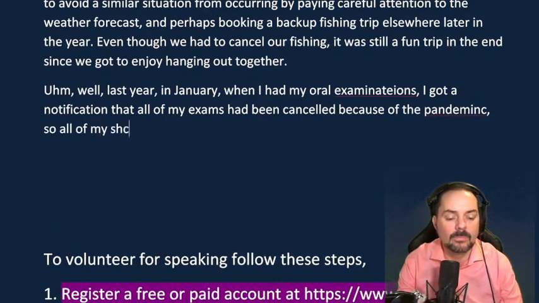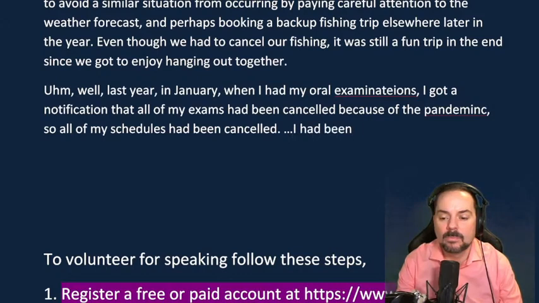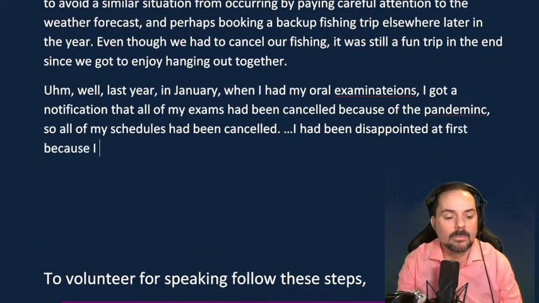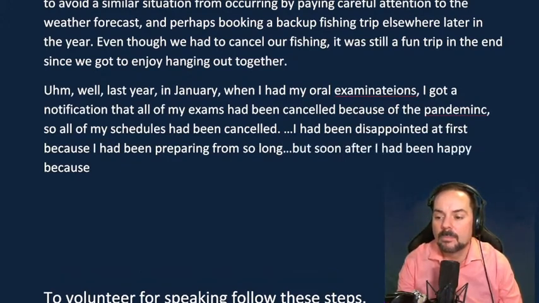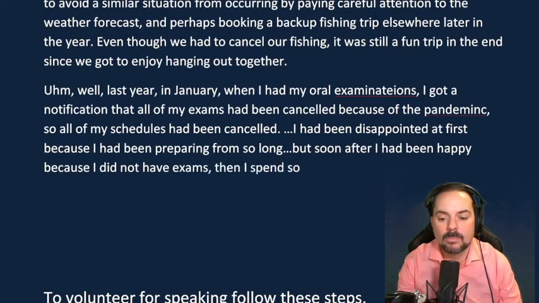At first I was feeling a bit disappointed because I had been preparing for so long, and certainly all the exams had been cancelled, so I got a bit disappointed. But soon after I got happy because we're not having any exams. And first it was great. Then I spent some time with my family as well. I got a chance to spend some time with my family, and